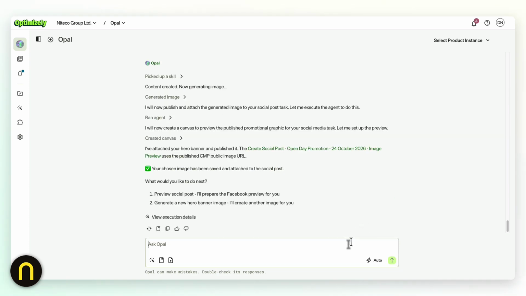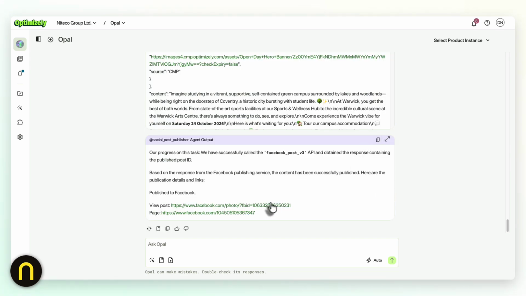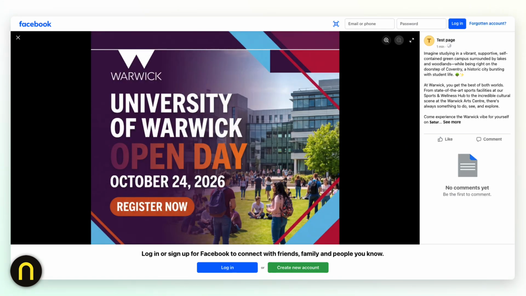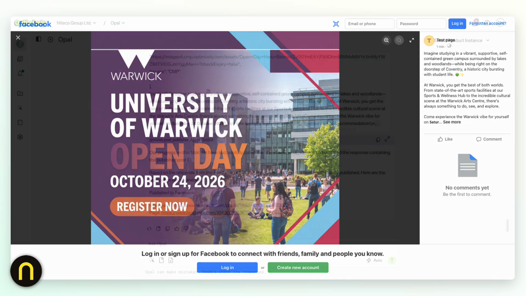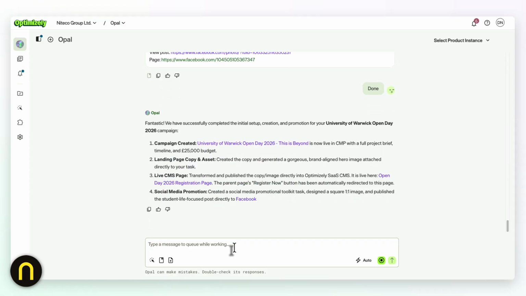I return to Opal Chat and tell it to publish to Facebook. The workflow then moves to the agent that handles social media connections, so I don't have to manually manage the publishing process. The workflow can keep going with me in control, as you've seen, but I'm finished for now and will continue